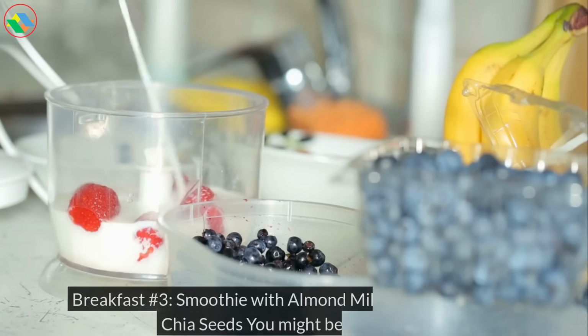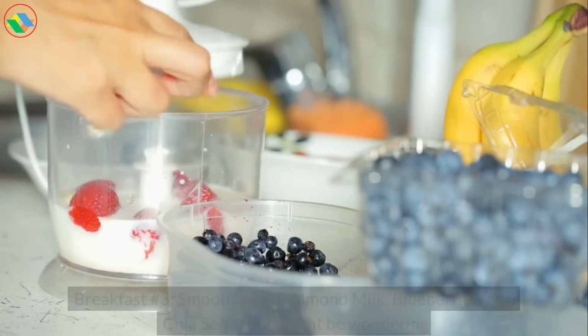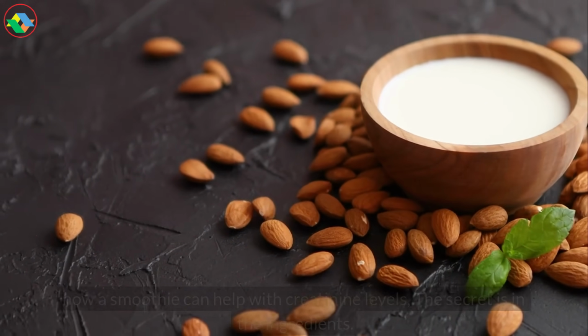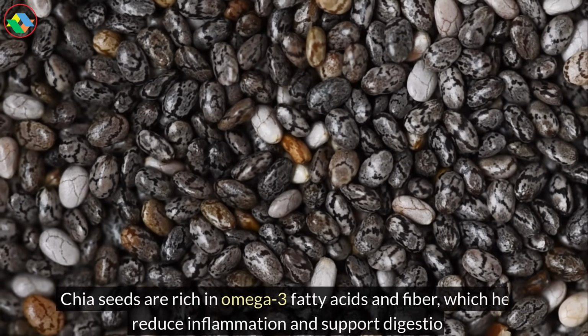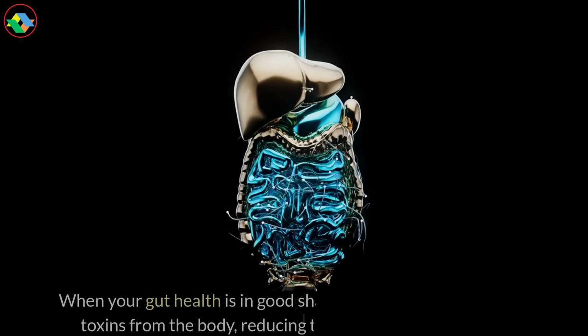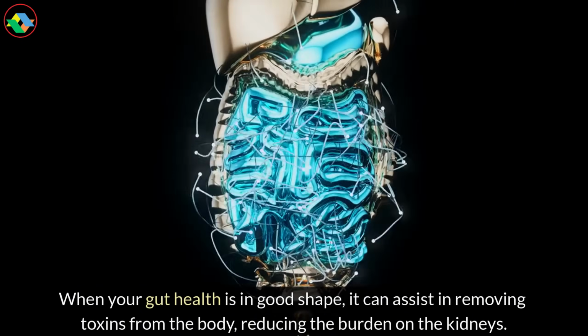Breakfast number 3, smoothie with almond milk, blueberries, and chia seeds. You might be wondering how a smoothie can help with creatinine levels. The secret is in the ingredients. Chia seeds are rich in omega-3 fatty acids and fiber, which help reduce inflammation and support digestion. When your gut health is in good shape, it can assist in removing toxins from the body, reducing the burden